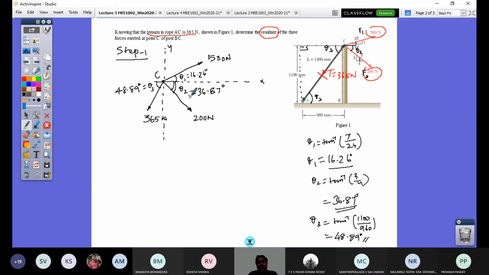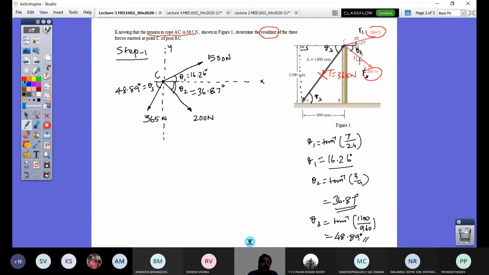Or now also I can do that, but it is of 2 steps. I would combine these 2 forces and get a force, and then take that force with this and combine. I would get the same answer. Rather than applying the parallelogram law of forces to solve this problem, I'm going to explain how you get this resultant by using the process called resolution and composition.